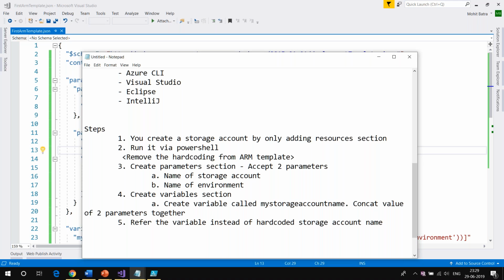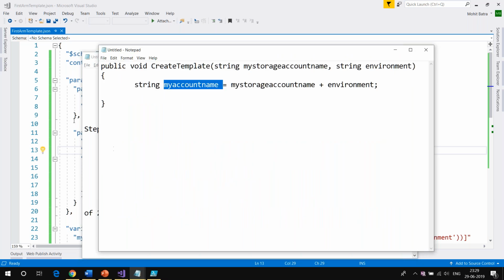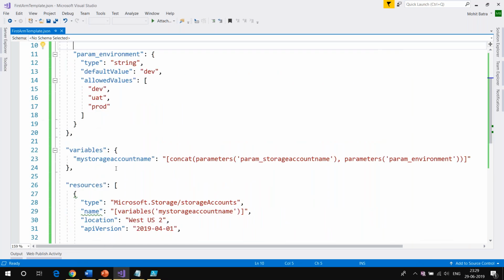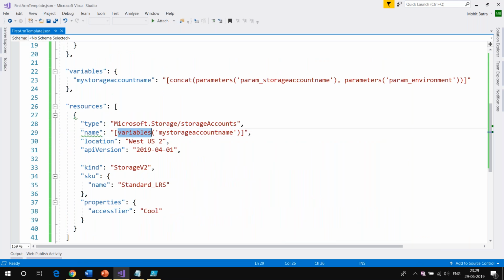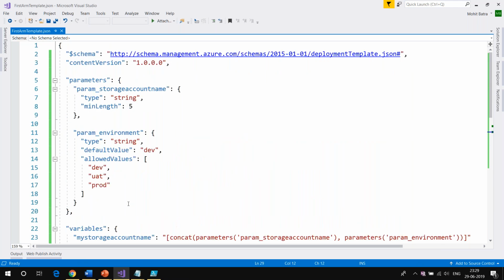All right, so everybody clear how we can do all these steps and do the deployment? All right, now let me go here. Let me show you the same steps we have done. We had a hard coded name here in the name of the storage account. We went ahead and created 2 parameters. First parameter, the name of the storage account, second parameter, the name of the environment, and we have restricted the name of the environment to these 3 values. I'm in the same ARM template, trying to show you lots of different ways in which you can create your ARM templates.